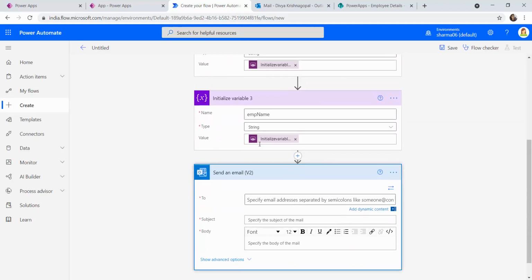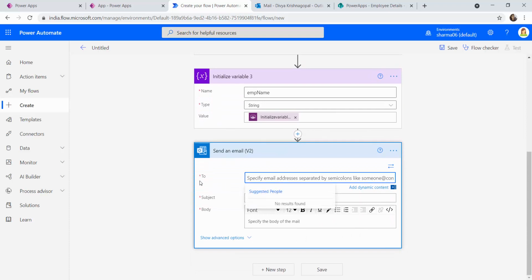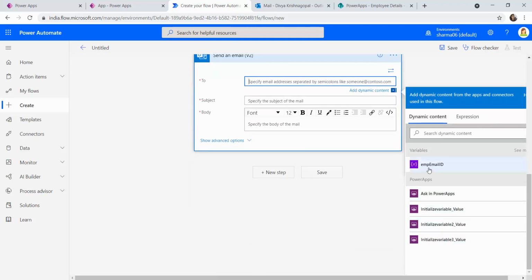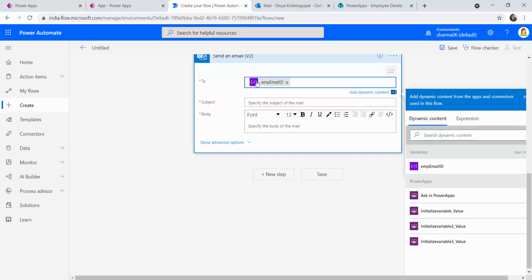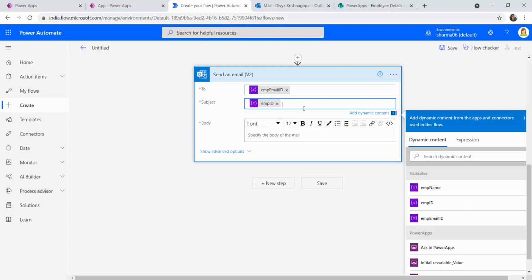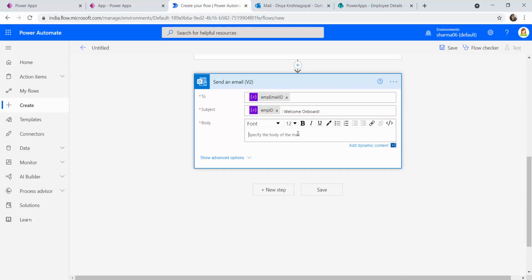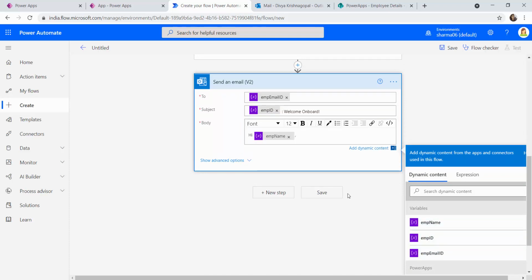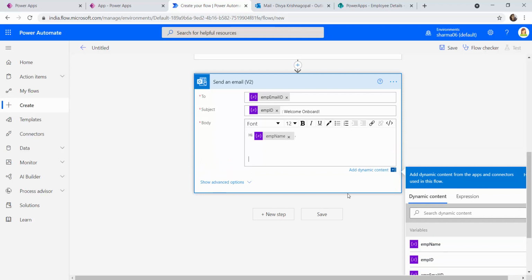To utilize these three variables, I'm going to make use of send email. In send email, I'm going to add dynamic content, and I'm going to include employee email ID, which I've just captured. And here I'm going to include employee ID and welcome on board. And in the body, hi, and employee name to be more friendly.